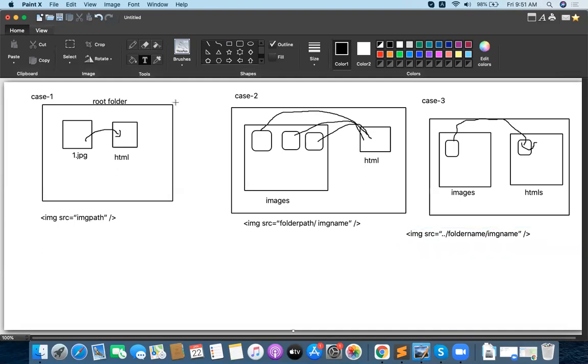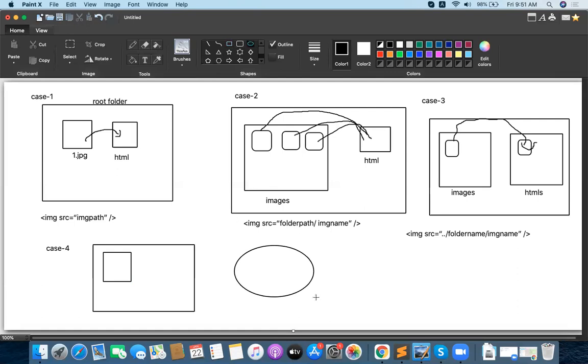Yes, correct. And the fourth case is the important case. Most people don't want to save the images in a local file or local folder. Most people load the images from a URL, from a server or URL, whatever it may be. I don't want to waste my application's memory. I just connect with the internet and load the image. In this process, you take the HTML file here, and you have the images somewhere at a URL.